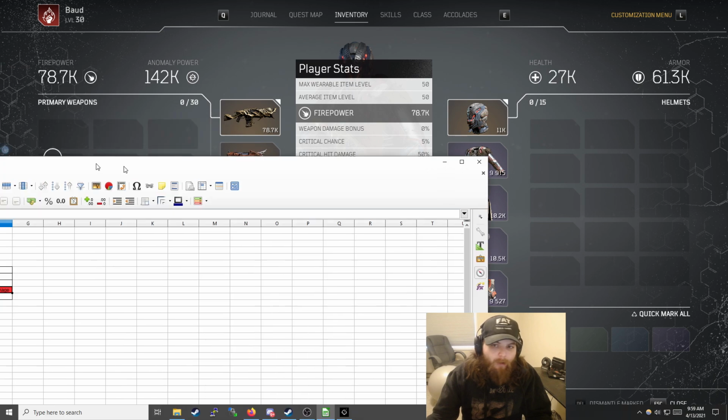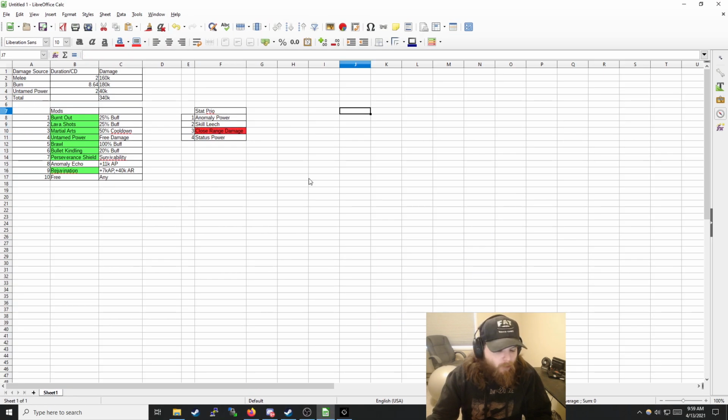And so I'm going to go ahead and pull up a spreadsheet that I've been working on whenever I was trying to lay out the build. Since there's not really a built-in tool in the game for building a character right now, there's no Path of Building or anything that you can use, I went ahead and just laid everything out in my spreadsheet. So obviously here in our stat prio, we have anomaly power, skill leech, status power. Those are the ones that you're going to want to pick up. And instead of close range damage here, because close range damage doesn't work,